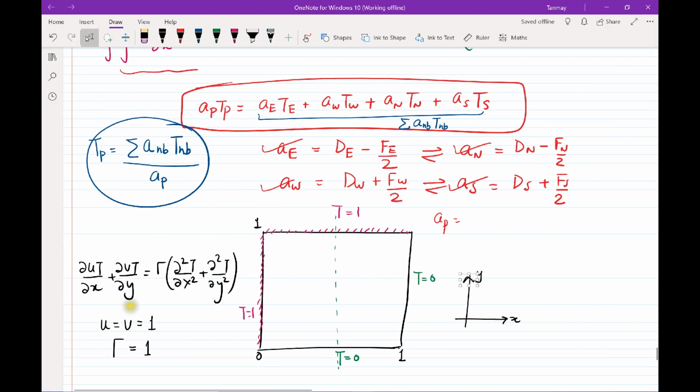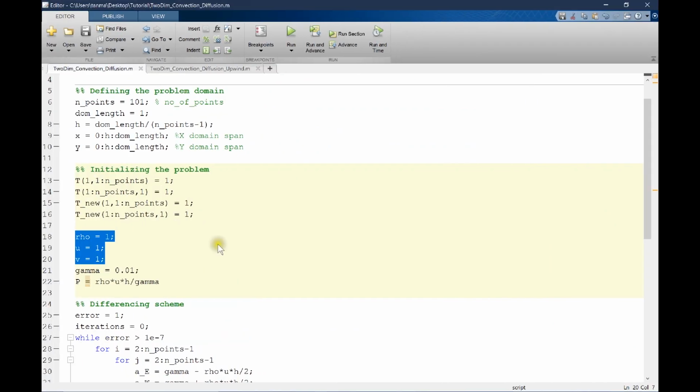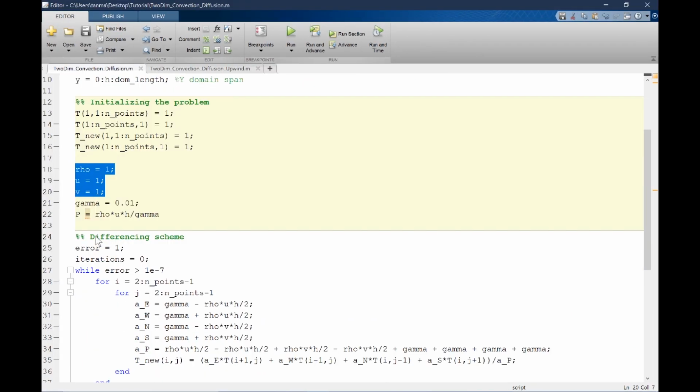In the governing equation here, I've already assumed that rho is equal to 1, so you may neglect it, but that's optional as well. After defining u and v equal to 1, we say that gamma is 0.01 to start with. Another important thing is I'm defining the Peclet number based on the grid spacing.